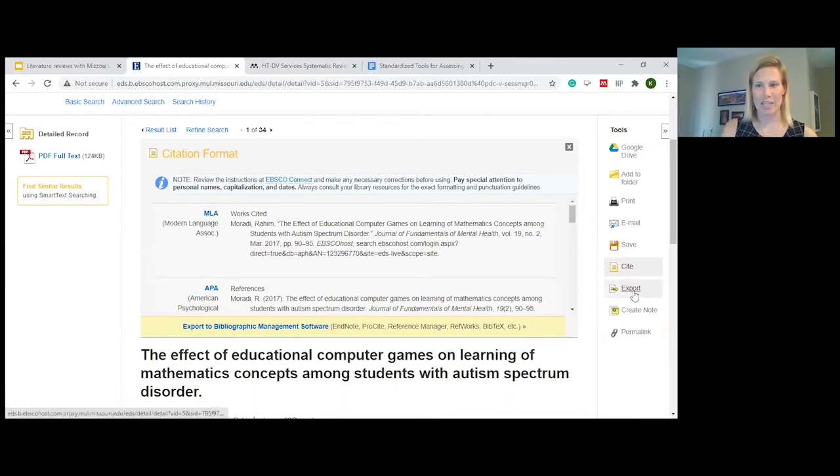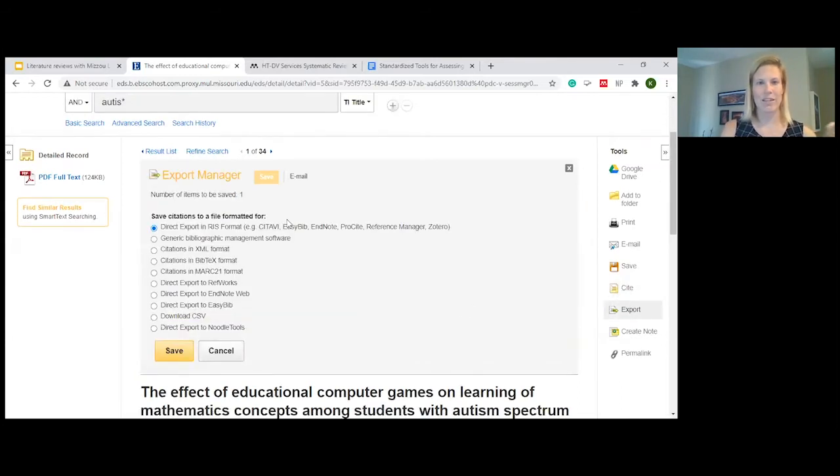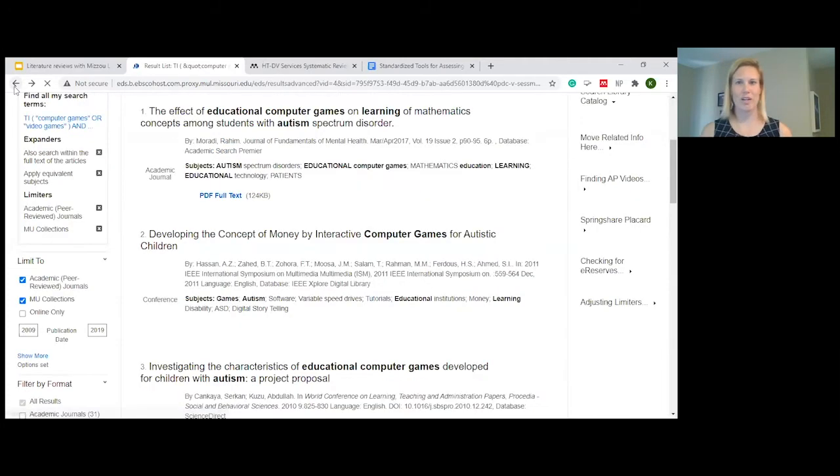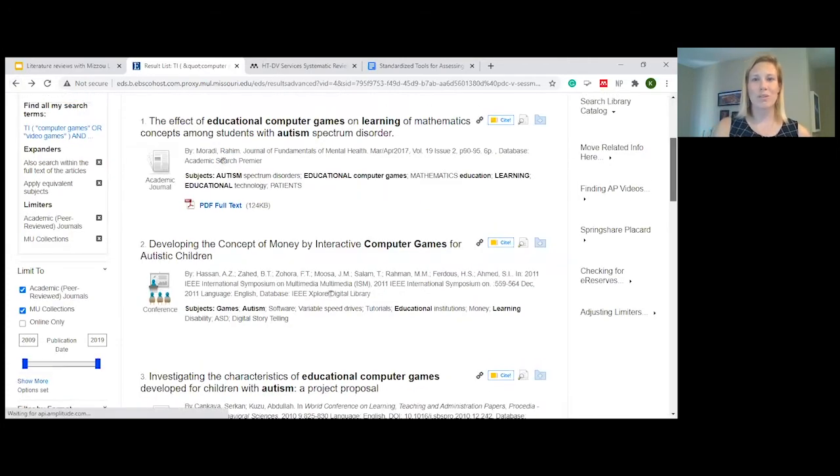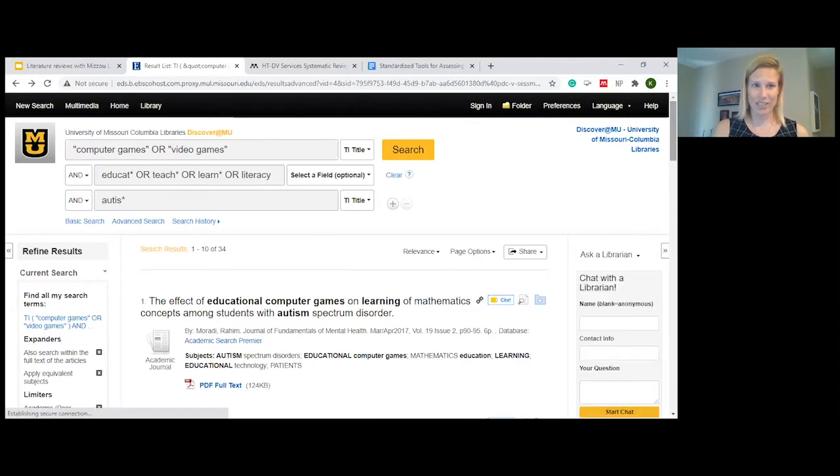And that's what this export button does, is it sends the citation directly to your tool so then you can organize it and use it later. If you're doing a systematic review or a meta-analysis or literature review where you're trying to be comprehensive, what you want to do is send all of these articles to yourself. And you can go through them later, but then you can say, oh, we searched this location, found 34 articles, and out of those 34, we used maybe 12. But you want to send all 34 to yourself so you can go through them.